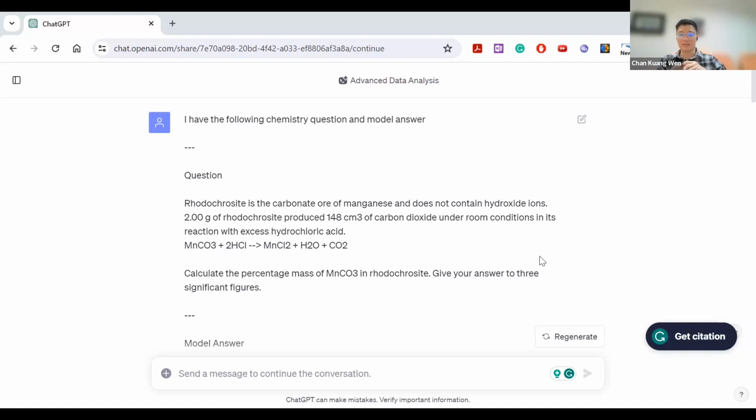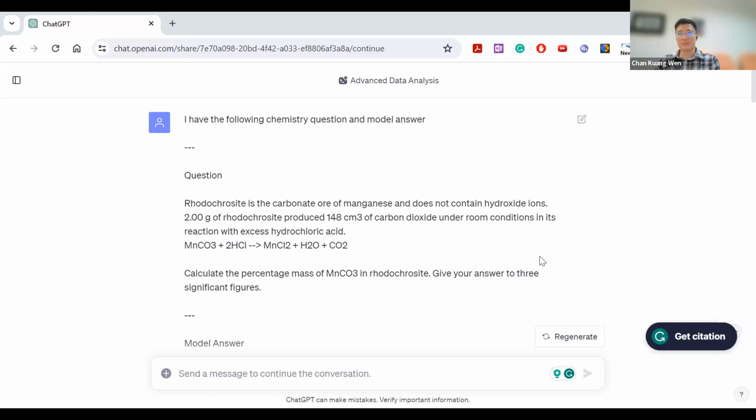And we all know that there has been this saying about ChatGPT not being able to solve PSLE questions. To me, that's not the key point I was interested in. If it cannot solve PSLE questions, I don't really care. What I want to see is whether, by giving it a question and a model answer, ChatGPT can generate a new question that's correct, with an answer that's correct, using the same method.